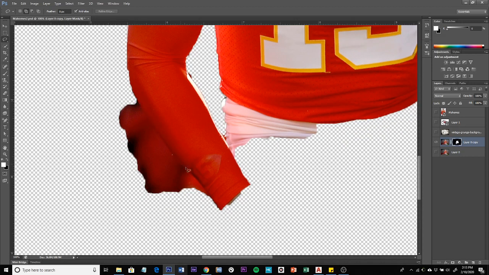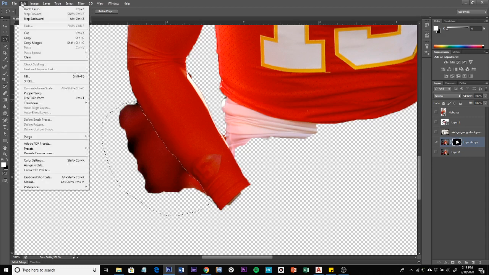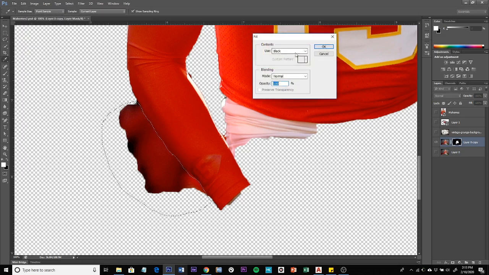So what I want to do is select this portion here, and I'm going to try to follow along the edge of the arm. My hand is not super steady, but it's going to do a fairly decent job. So I have that portion now selected, and what I want to do is remove this so it's hidden in the mask. So I need to actually fill this with black. I'm going to choose Edit from the top and go down to Fill, choose Black from the menu,